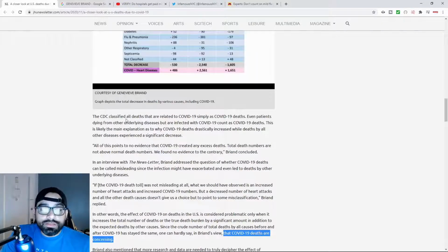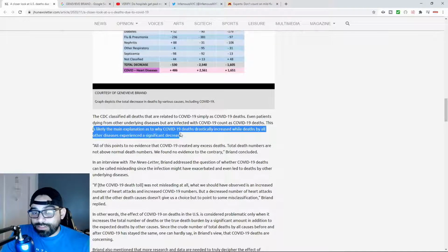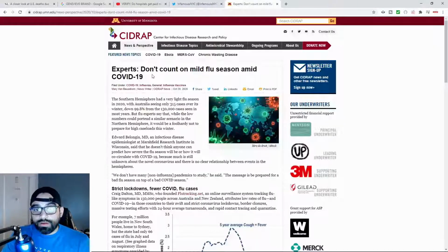The CDC classified all deaths that are related to COVID-19 simply as COVID-19 deaths. Even patients dying from other underlying diseases but who are infected with COVID-19 count as COVID-19 deaths. This is likely the main explanation as to why COVID-19 deaths drastically increased while deaths of all other diseases experienced a significant decrease. And I had talked about this in another video where, according to the Center for Infectious Disease